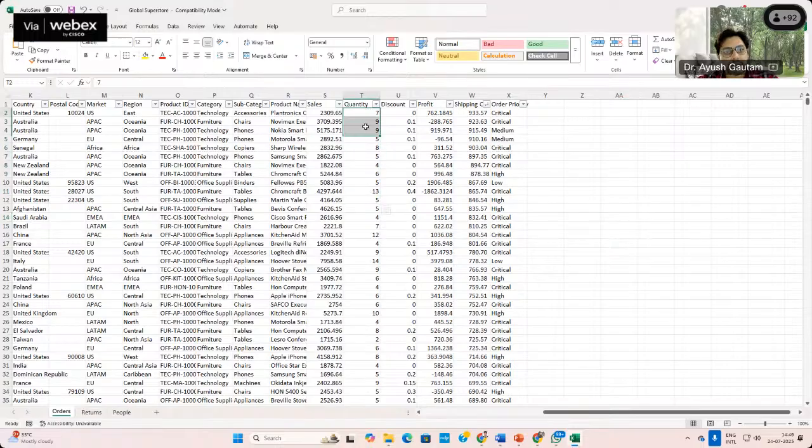But do you think the multiplication of the quantity will make any sense? You get my point? If I add the quantities of all the products, it will make sense that this is the total quantity which was ordered. But if I multiply the quantities of all the orders, it will not make any sense, right? Whenever we go for a dashboard, we first find out what kind of mathematical calculations can be done for which kind of data. Accordingly, we make the parameters, and then eventually we go for the dashboard.